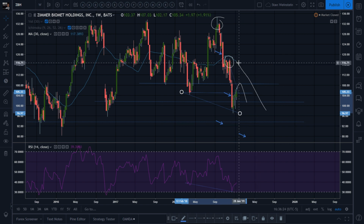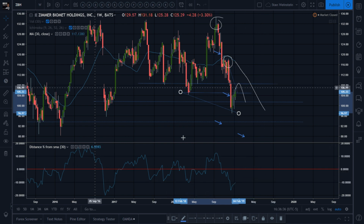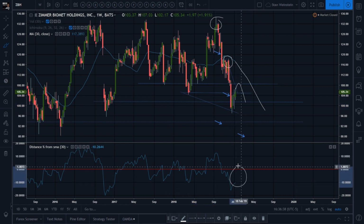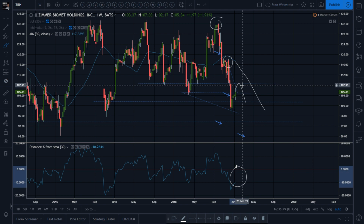Still far away from that 30-week moving average. And I have that right here. Distance from 30-week moving average. Man, we did it all. How far we were? 10% away. So that is not the sweet spot. So let's see if it could catch up a little bit to the 30-week average. Let the 30-week average go down, price action go up. And then when it turns back, close that 12-month moving average, we could say